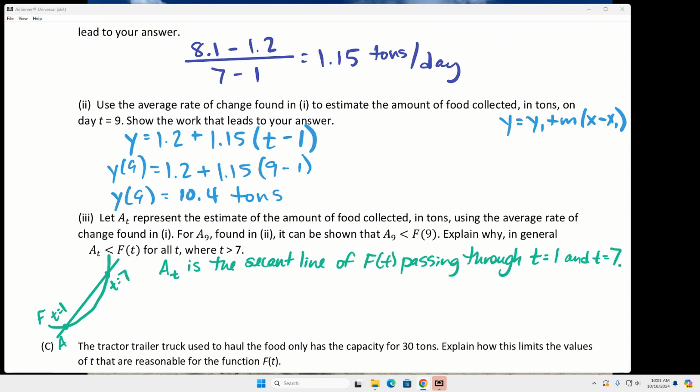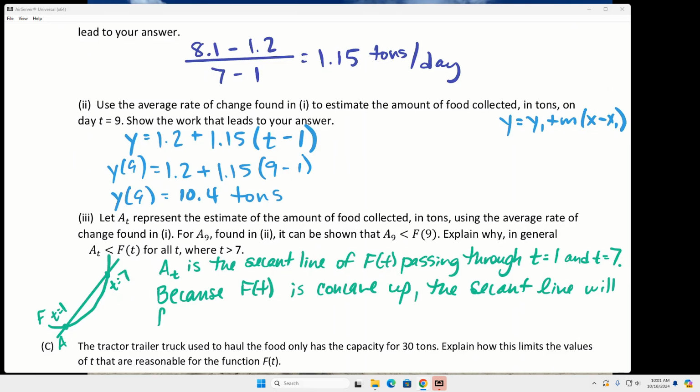Alright, and then you're going to have to talk about if f is concave up or down, and we already said f is concave up, so because f of t is concave up, the secant line will fall